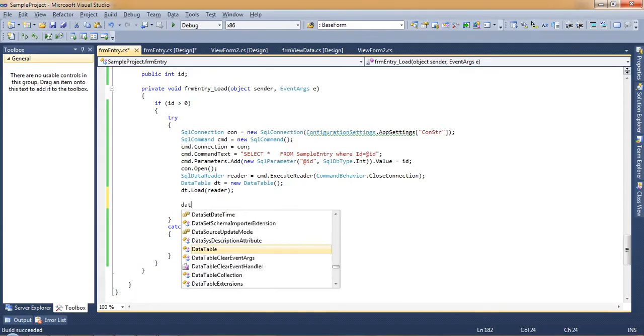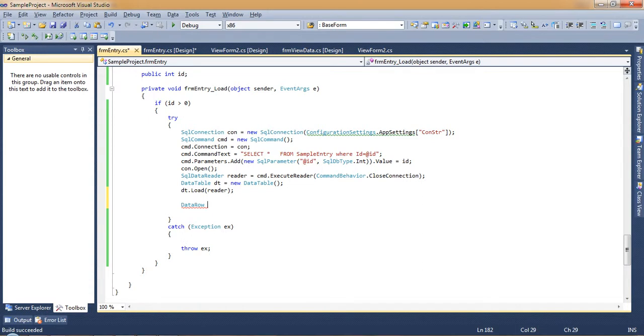So now what we will do is create a DataRow dr equal to dt.Rows[0], which means the first row. The first row gets loaded here.